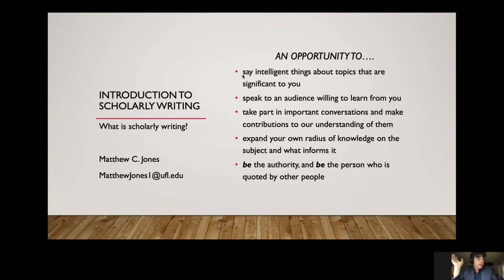So what exactly is scholarly writing? We know what it is. I was always rubbish at understanding the different school levels in the United Kingdom. I don't like sixth form or the other A levels. I really don't know. But in the equivalent of high school over here, I assume that you've written essays of various lengths.